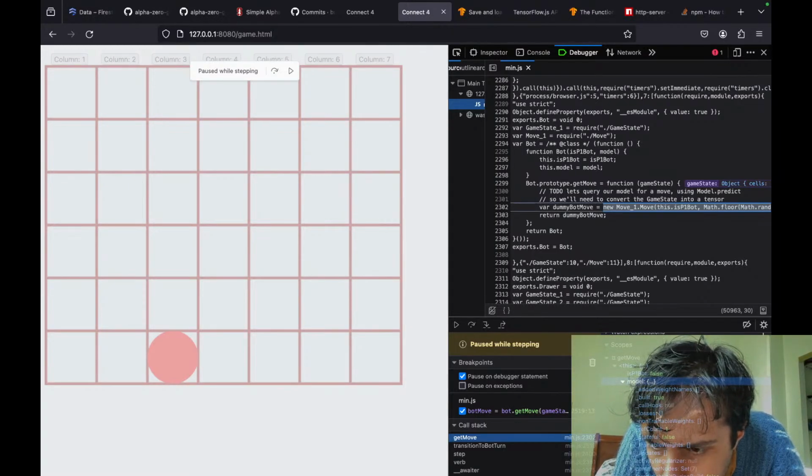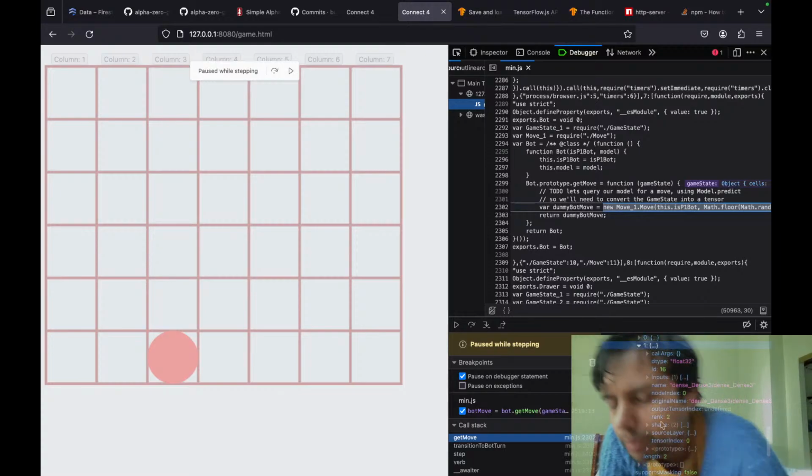So this model is the TensorFlow model. Outputs. Rank 2, so this must be the value, right? Length 2, whatever. And the other one should be 11 then, right? Wait, shape 2.